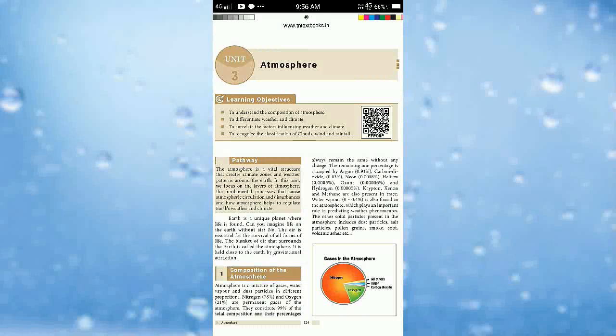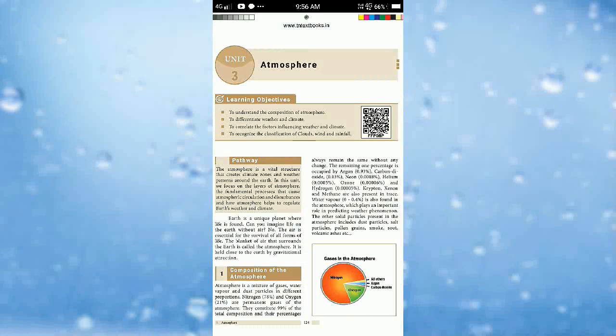Carbon dioxide absorbs heat and keeps the atmosphere warm by insulating the radiation. Nitrogen acts as a diluent and is chemically inactive. Ozone helps in protecting the earth from harmful ultraviolet radiation. The solid particles in the atmosphere act as a nucleus on which water vapor condenses to form